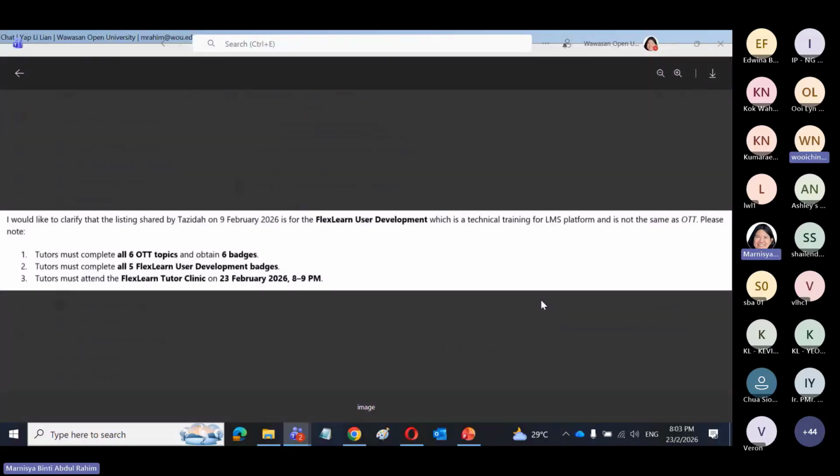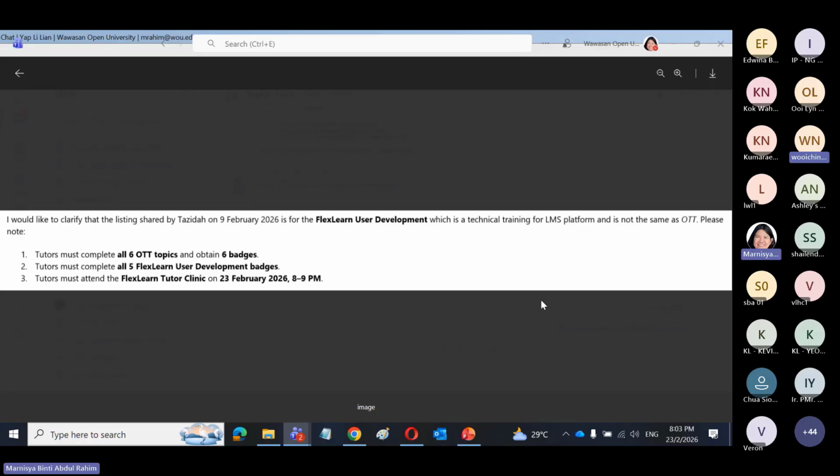It's a different training and different kind of more specialized skill set in terms of managing courses in FlexLearn. Okay, so that's the primary thing, and then the 3 other things are: